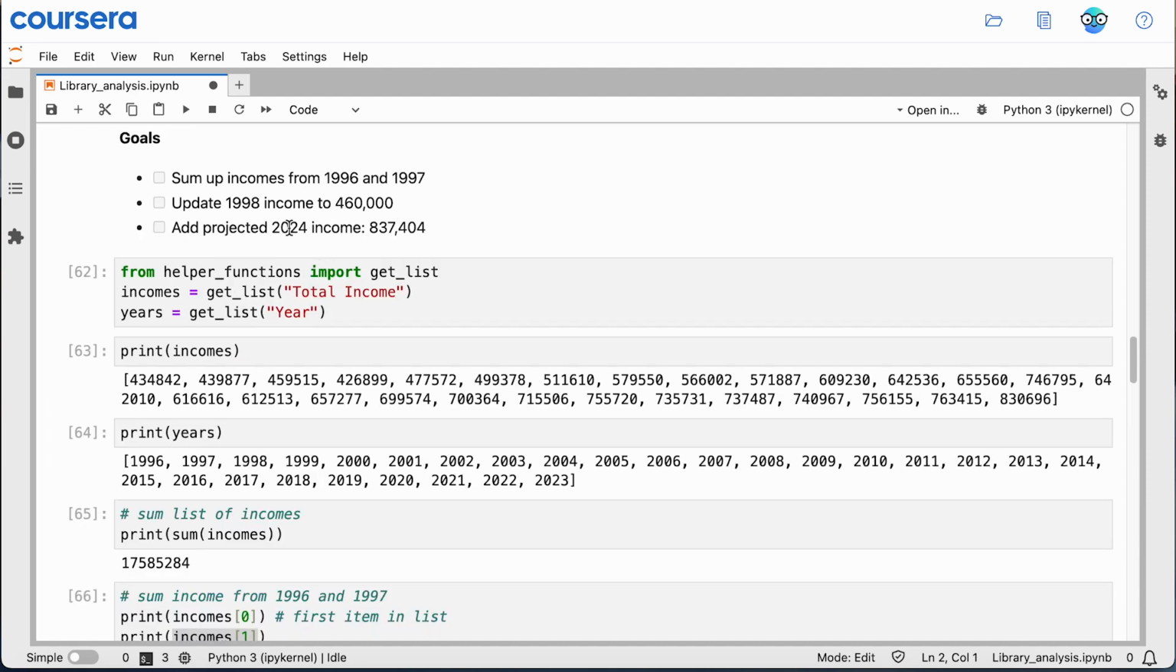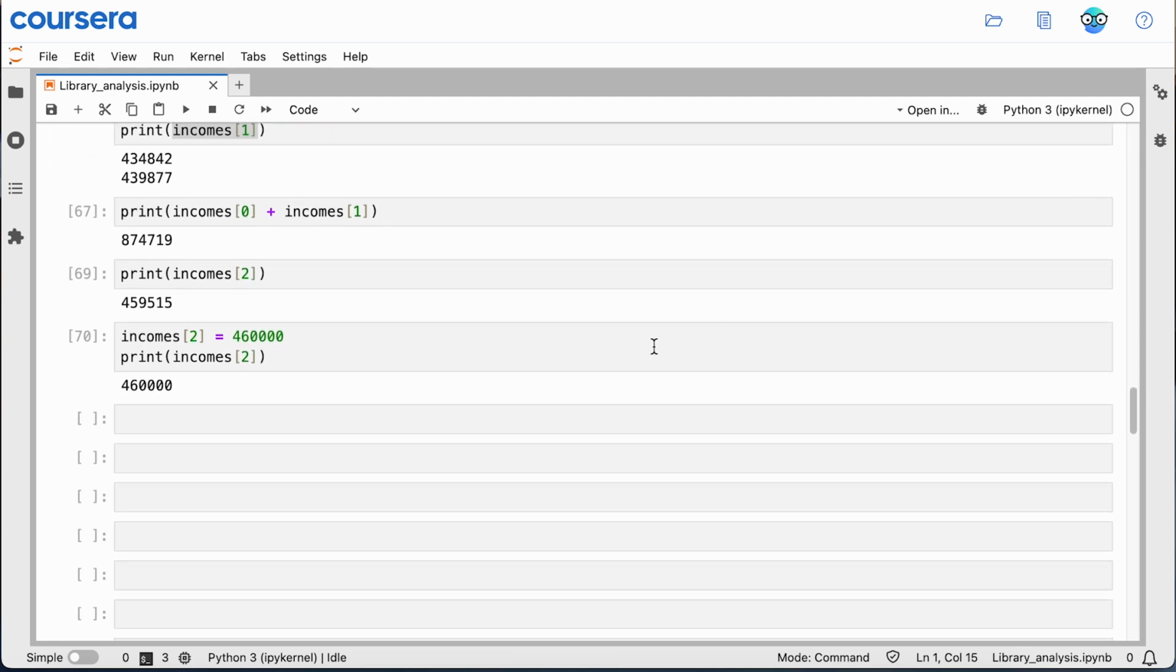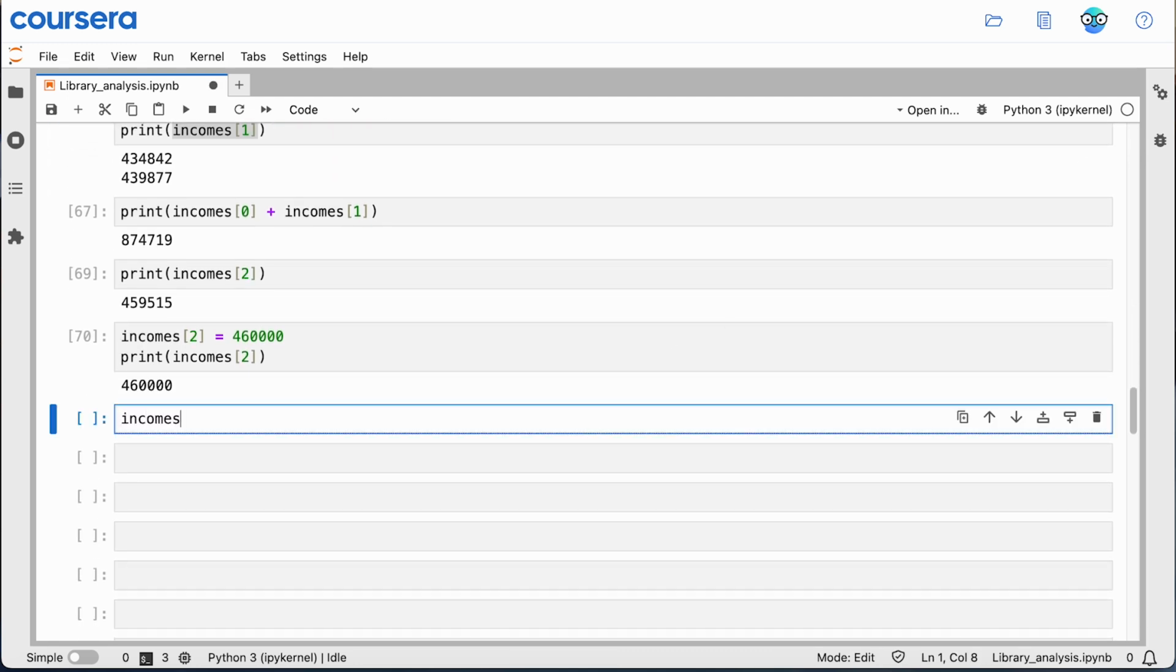Now you can add a projected 2024 income. This is an interesting task. Think about what needs to happen here. Your list is going to go from 28 items to 29, and you want to add this value to the end. To add a value to this list, start with the name of the list and use .append. Open parentheses, close parentheses. Then put the item you want to add inside the parentheses. That's